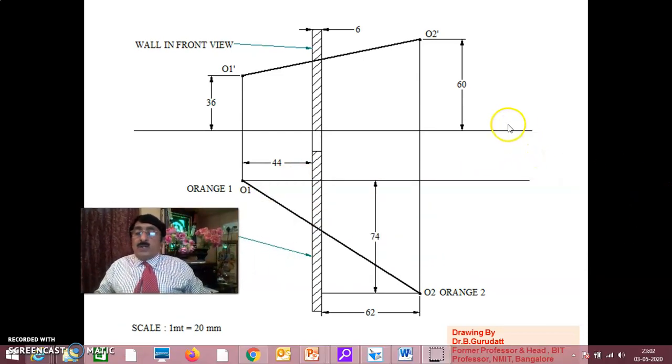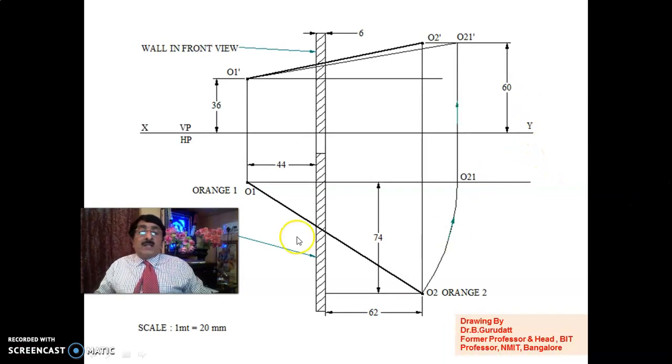That is why I'll rotate this. See here, I'll rotate the top view parallel to the XY line. That means O1 is the fixed point and O2 is the moving point. I'll move O2 to this position, where it is parallel to VP. Whatever you see in the front view will then be the true length. Now I have moved O2; make the locus of O2 ready. Then hit against the locus. Then measure O1 dash O2 dash. This will be the true length between the oranges.